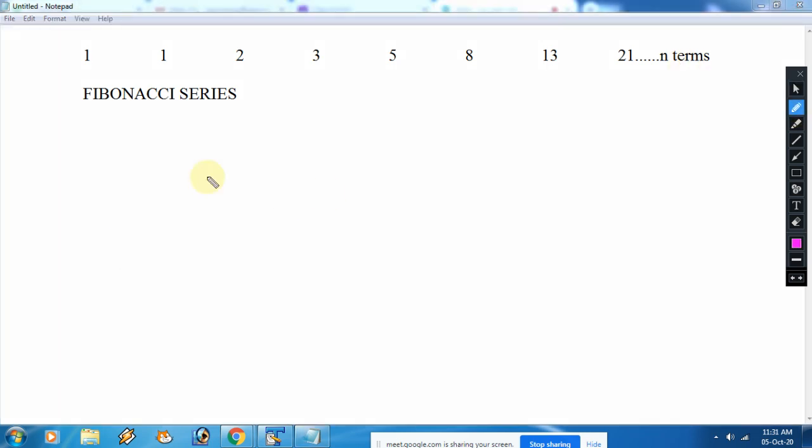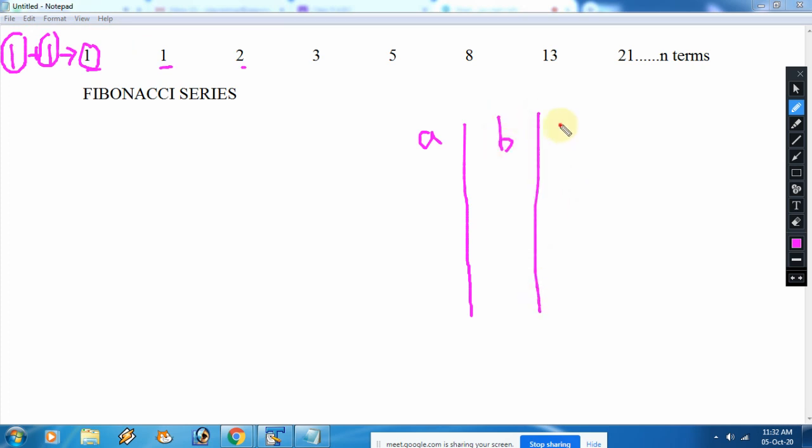So now see, I told you, everybody please pay attention. See, this 1 plus 1 is 2. This everybody knows. So how are you getting the first term? Using the same logic, before this 1, there must be two numbers whose addition is 1. So this is the simple logic. We need to find the starting point of the first two numbers whose sum is 1. There can be many variations, but let me show you in the table, then you will understand. Now this C is coming, C stands for the third term.